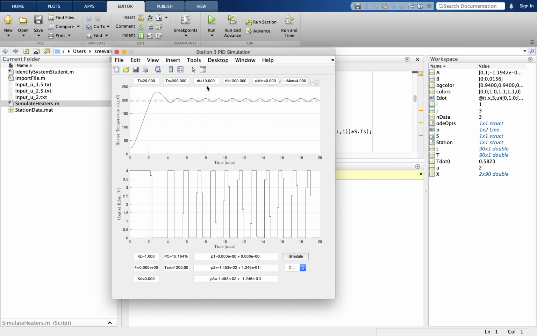Here dt is the time step, tf is the simulation time, and u minimum and u maximum are our limits. We can only give a maximum input of 4, and the minimum input should be 0. So input varies between 0 and 4. So that's all about the simulation.